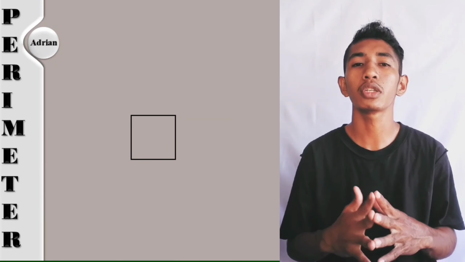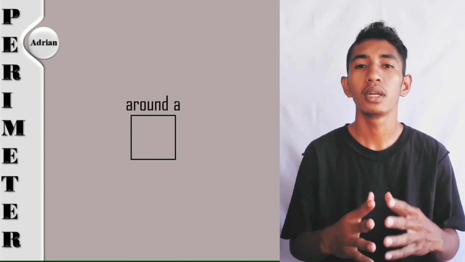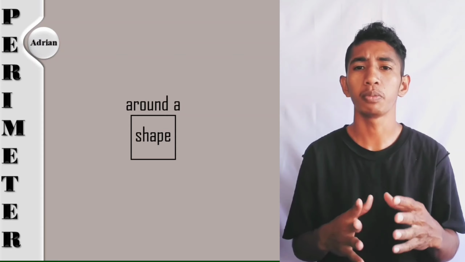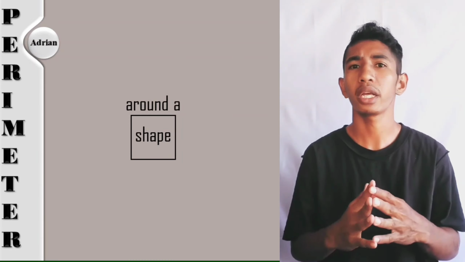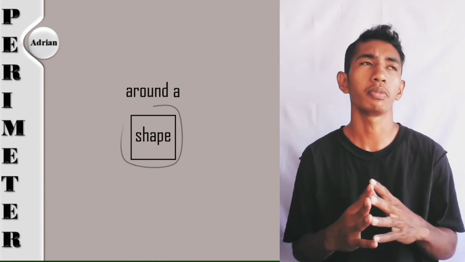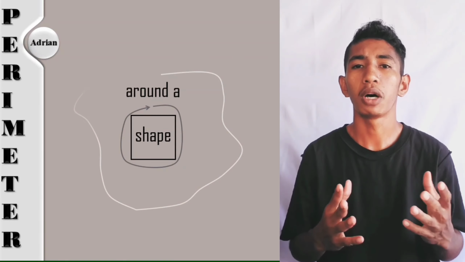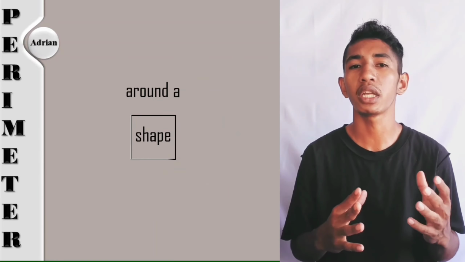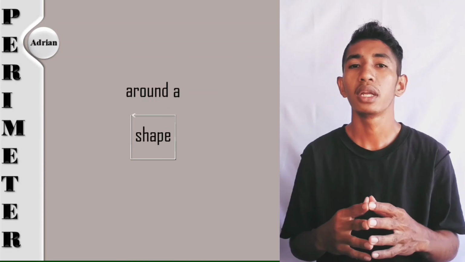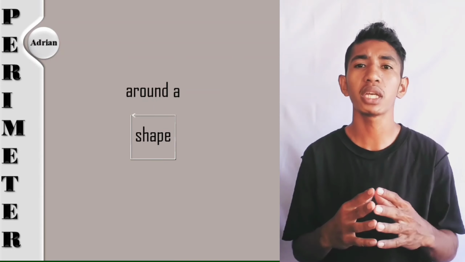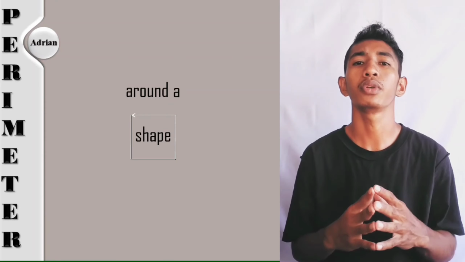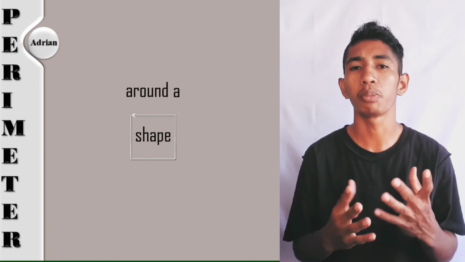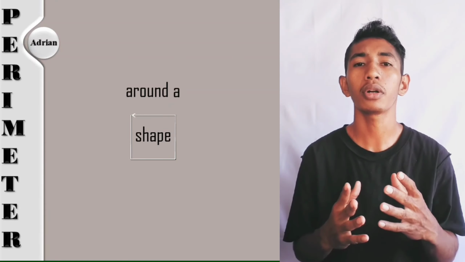So, what actually do we mean by around a shape? Around a shape there would be a lot of different ways to go. Some of them would be short and some of them would be very long. But perimeter means the absolute shortest distance possible around a shape. That will be the distance you get if you trace the path exactly around the border or edge of